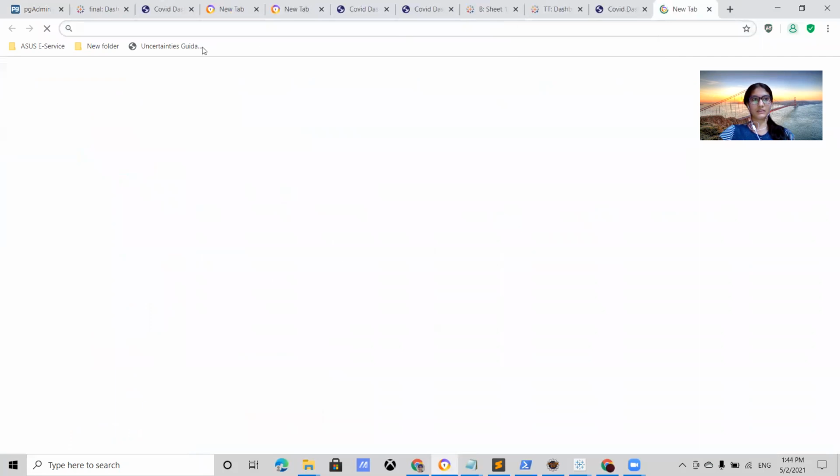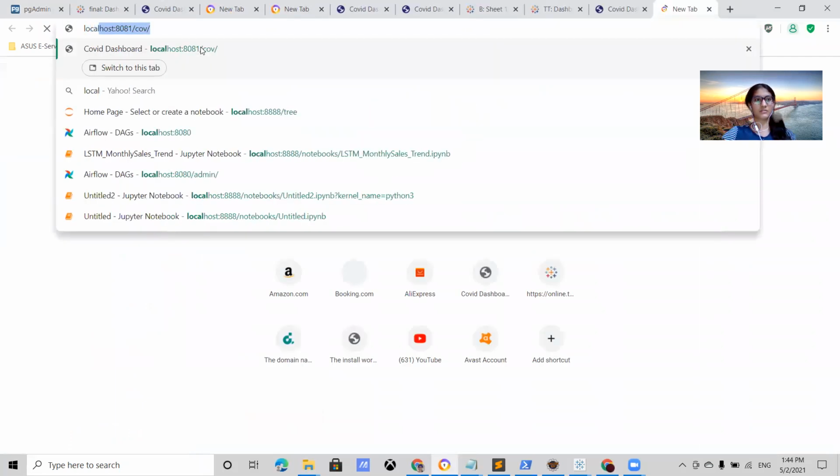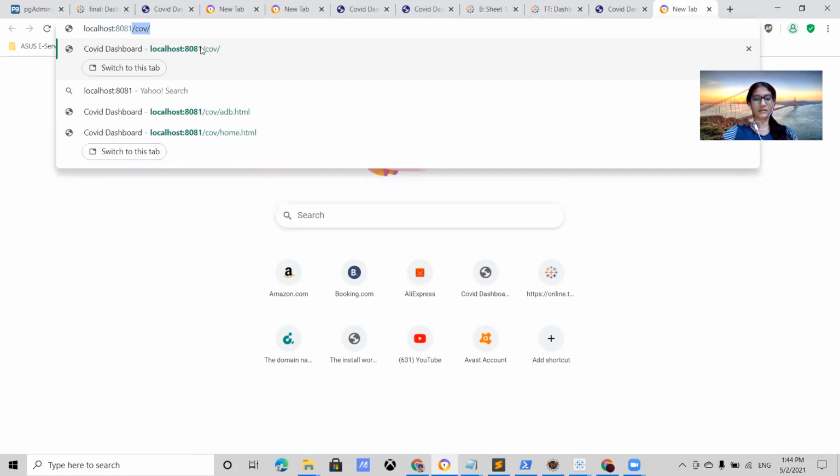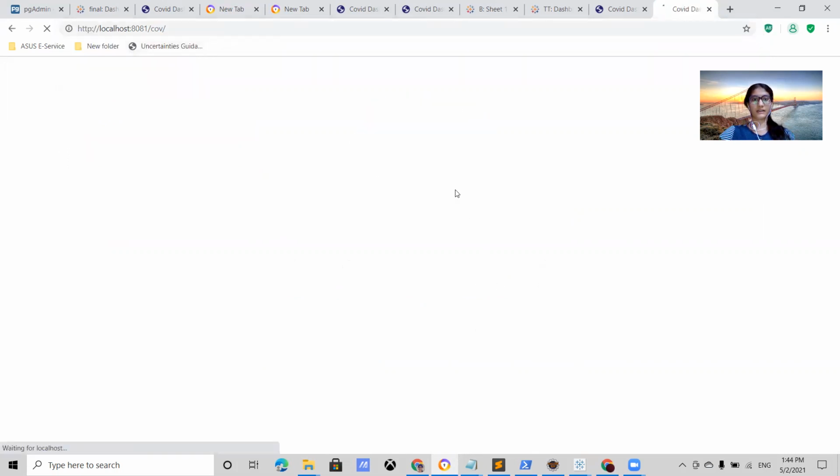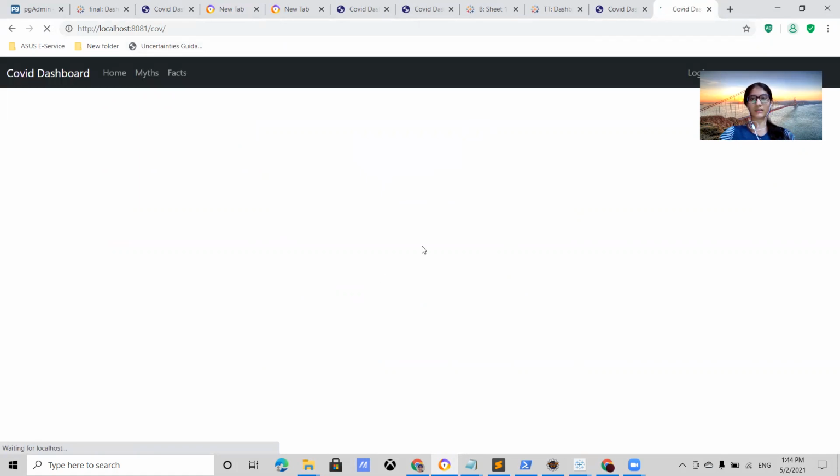So let us see the website once. Now when I run this website, we need to see that the data in the database gets updated, and also we need to see the new data on our website. That is, for India, we need to see 1 crore 91 lakh total cases. Let us see whether the data in this database is updated or not.